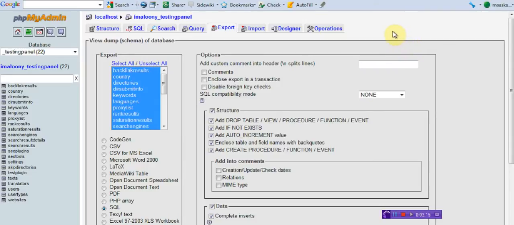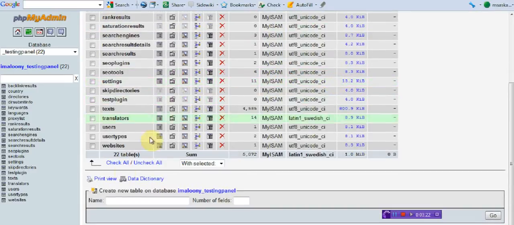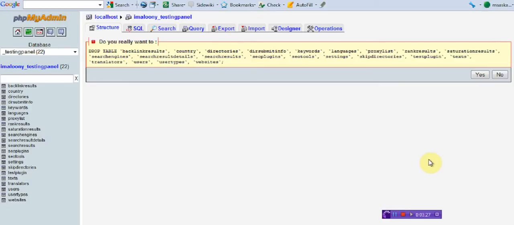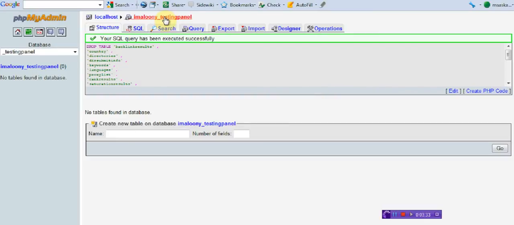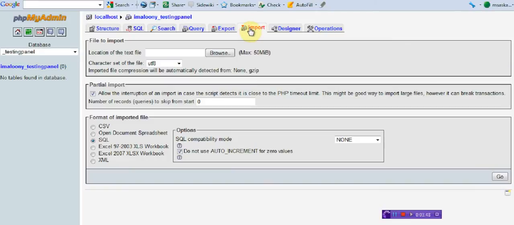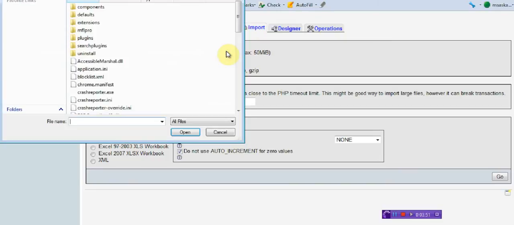Okay, to demonstrate how to restore it, I'm just gonna go and I'm gonna delete the whole thing. So just check everything, go to drop, and yes. Okay, going to this database, as you see, there is no tables here, there is no records, nothing exists. So how am I going to restore it? I'm going to go to import, I'm going to go to browse,